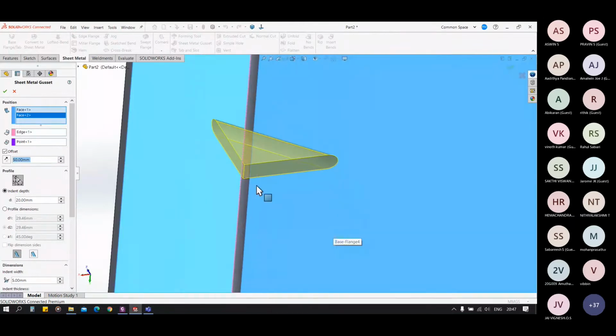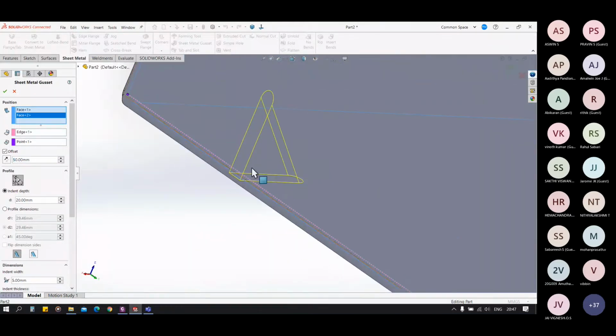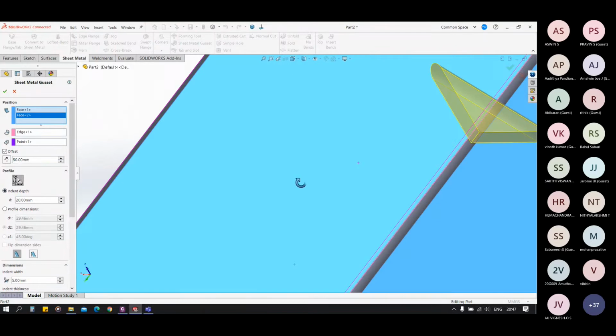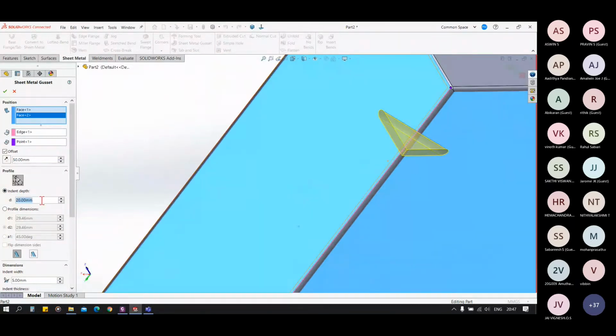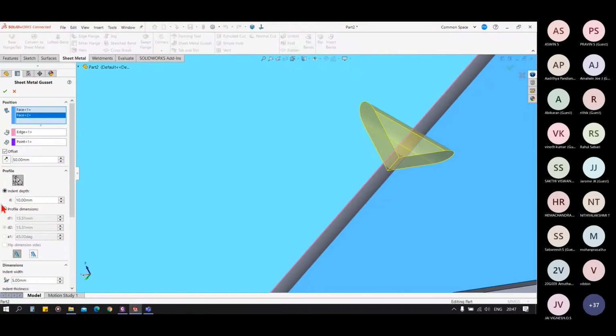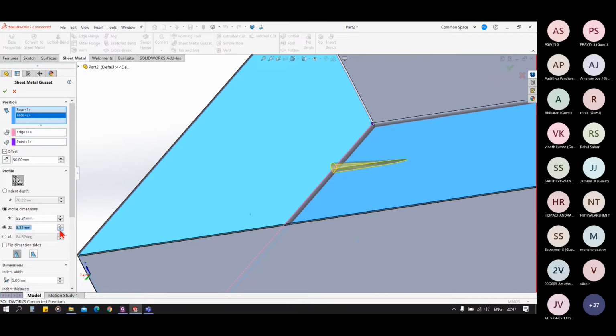and also we have multiple options here. Indent depth, we can change this length and width. We can change it in the alternative way also, like this. We can change the angle also.